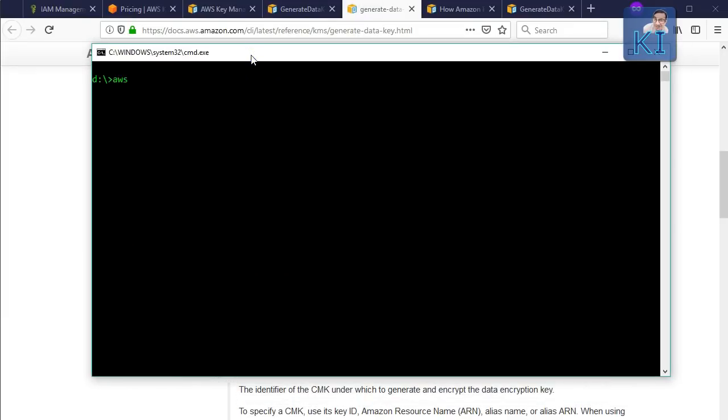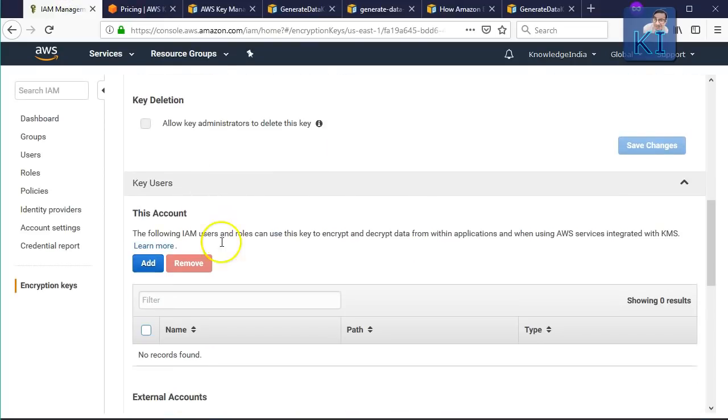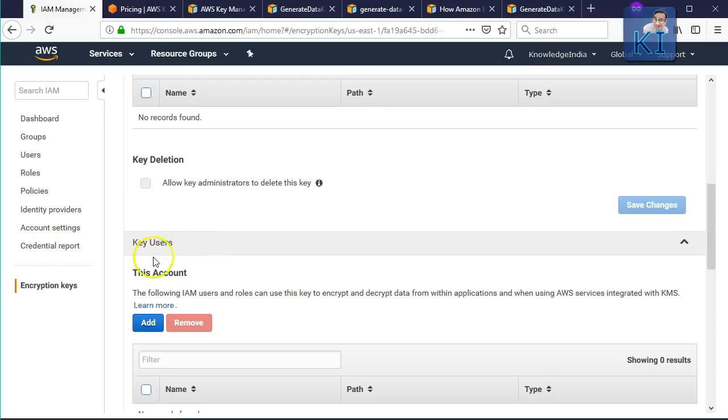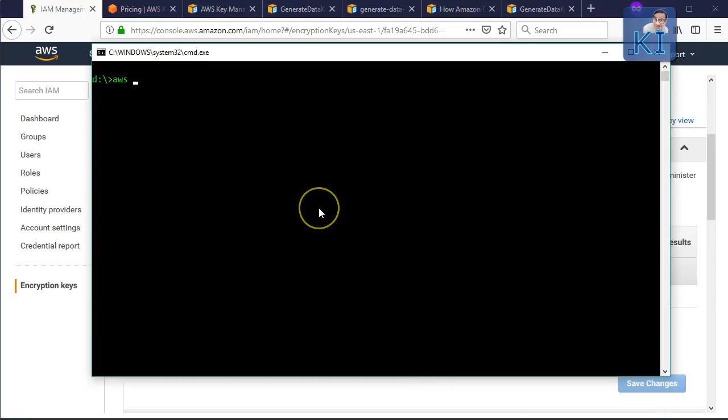I have already configured the CLI, and the user which is configured here is admin, so of course he will be able to execute everything. If you want, go ahead and create an IAM user. Make sure that you give access to that particular IAM user for your key here. In the key's user and administrator sections also, you can specify permissions, etc. Anyway, so aws kms generate-data-key